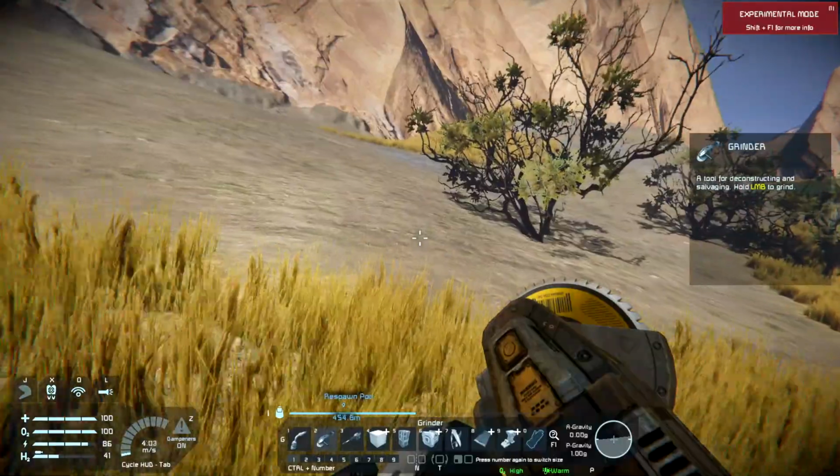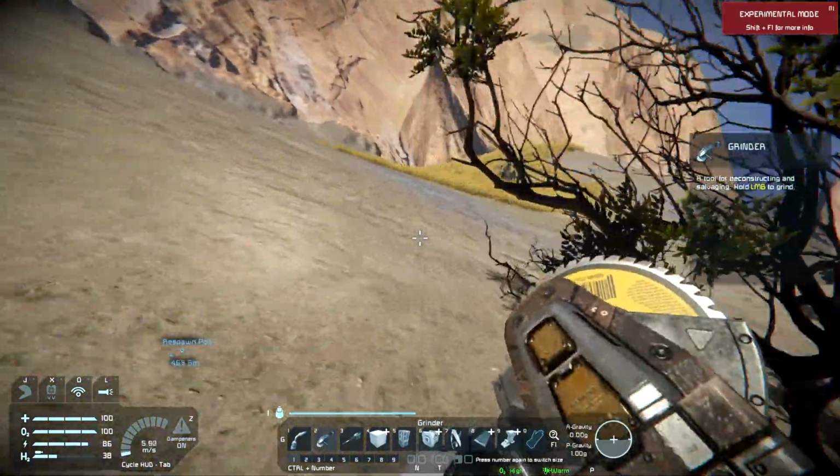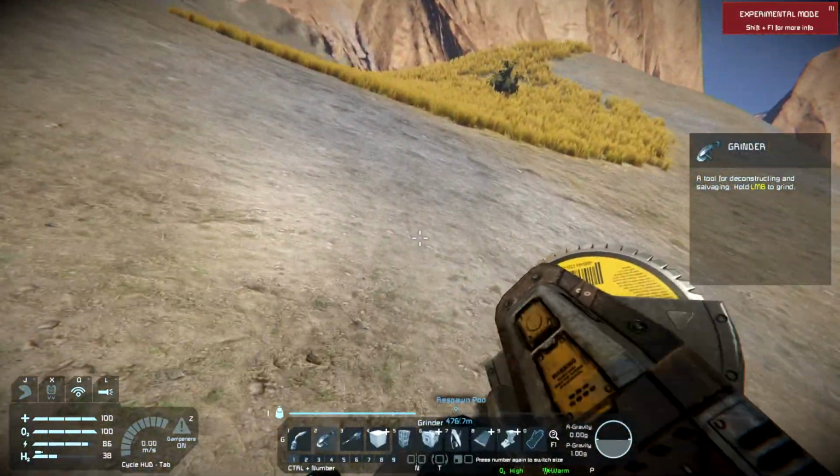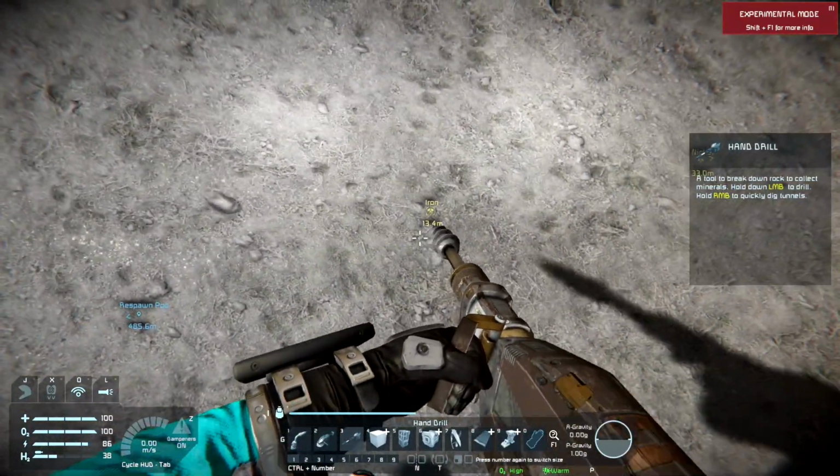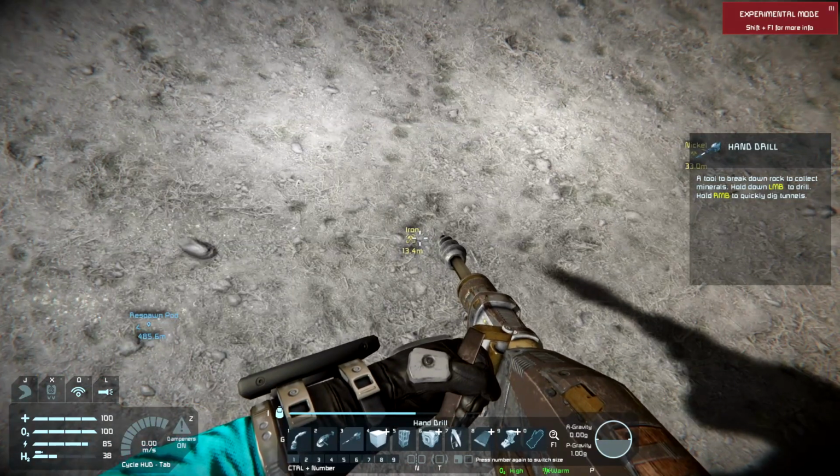What do we got here? We've got another ore right over here, you guys. Take a look at this. What do we got here? Number 3. We got nickel and iron. Oh my gosh. Okay, so let's go to